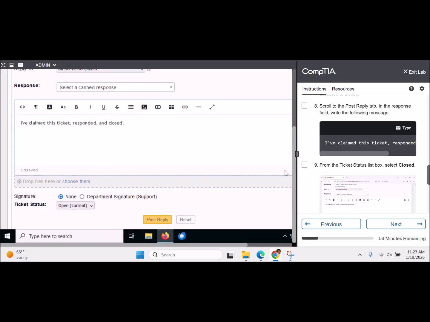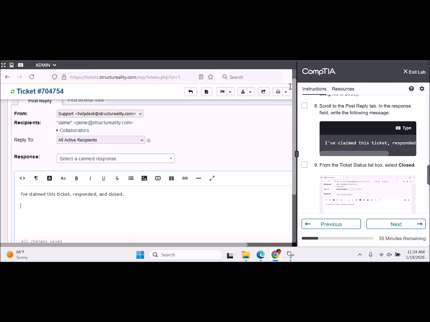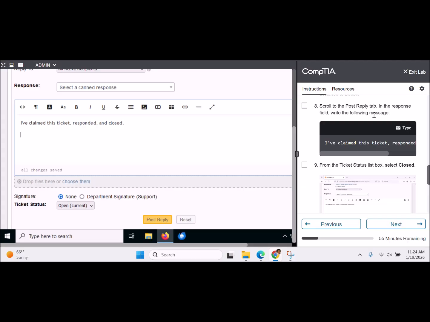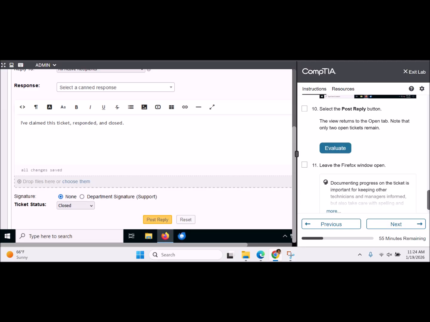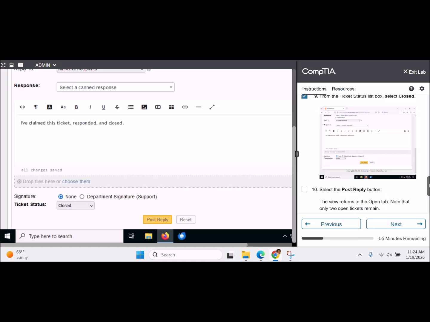So scroll down, post reply tab. So this is in the post reply tab. Let's make sure. Post reply tab. And then you write this when you scroll down. And then you wrote the message. From the ticket status list box, we're gonna click closed, and then select post reply button,